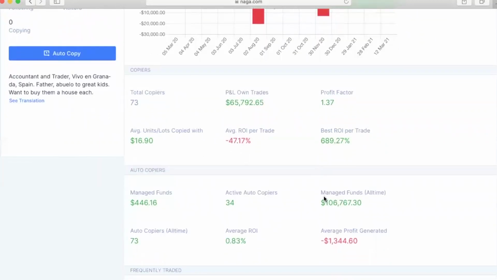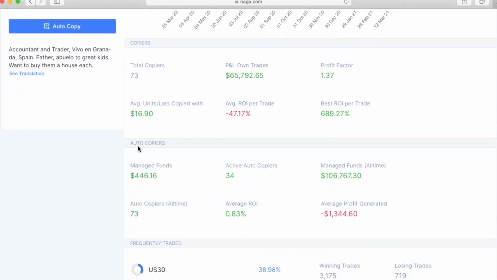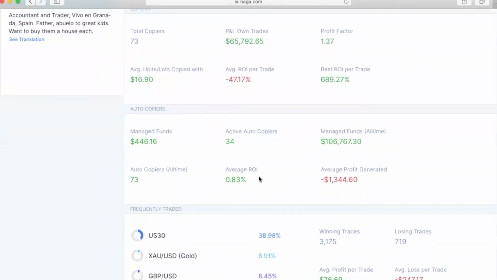689.27%. Okay, scrolling down, we can see the auto copiers. He's managed $446. His active auto copiers are 34. He's managed funds of all time $106,767. His average return on investment is 0.83. And his average profit generated is minus